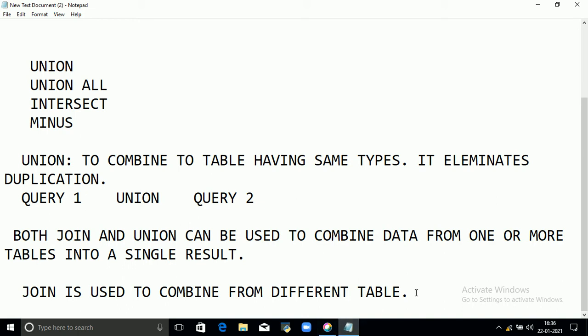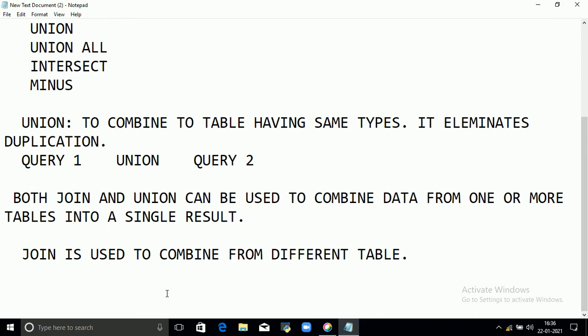So next one, union all. Union all performs the same operation as union, but it allows duplicate values.